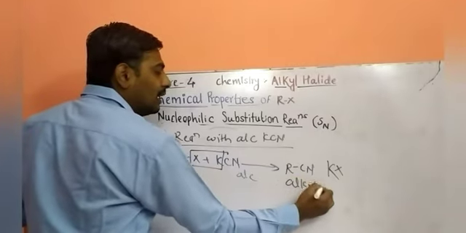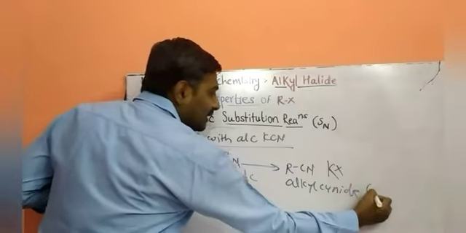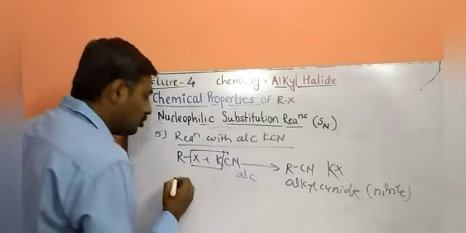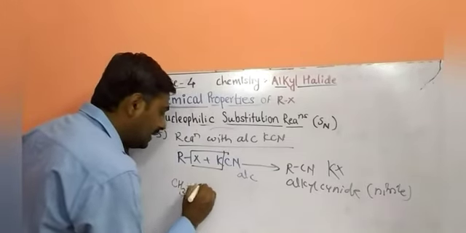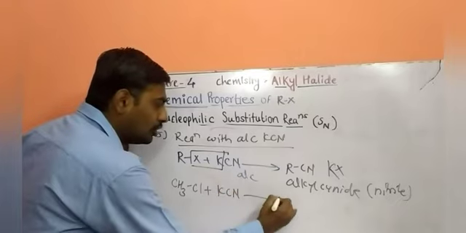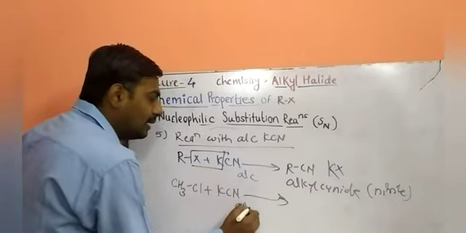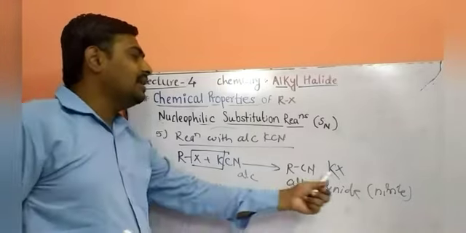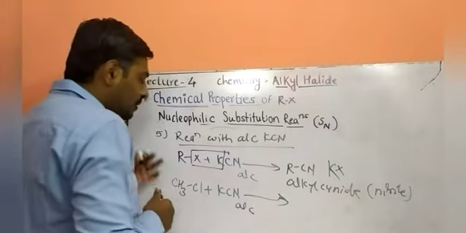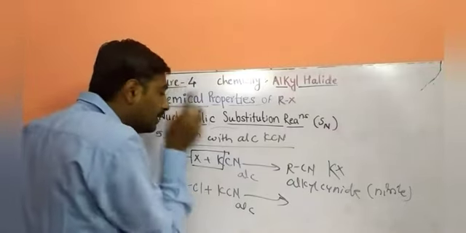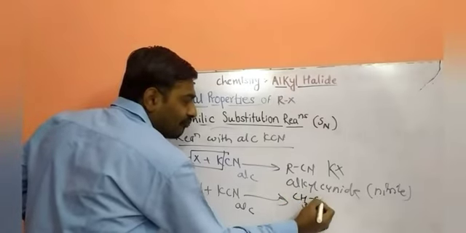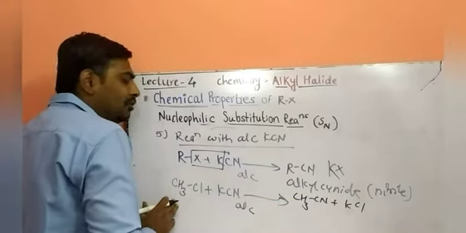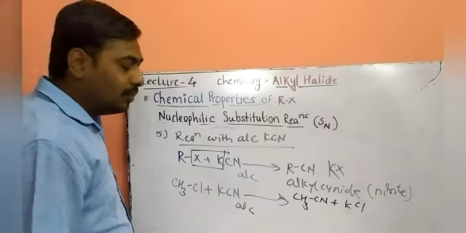So what is the name of the product? Alkyl cyanide, or you may call it nitrile, as a product in this reaction. So CH3Cl reacted with KCN. Point to be noted is that the medium should be alcoholic, because AgCN gives isocyanide in this reaction. Isocyanide means NC as a product in this reaction. So with CH3Cl reacted with KCN, it gives methyl cyanide and potassium chloride as a byproduct. Methyl cyanide as a product. Ethyl gives ethyl cyanide, propyl gives propyl cyanide, butyl gives butyl cyanide.